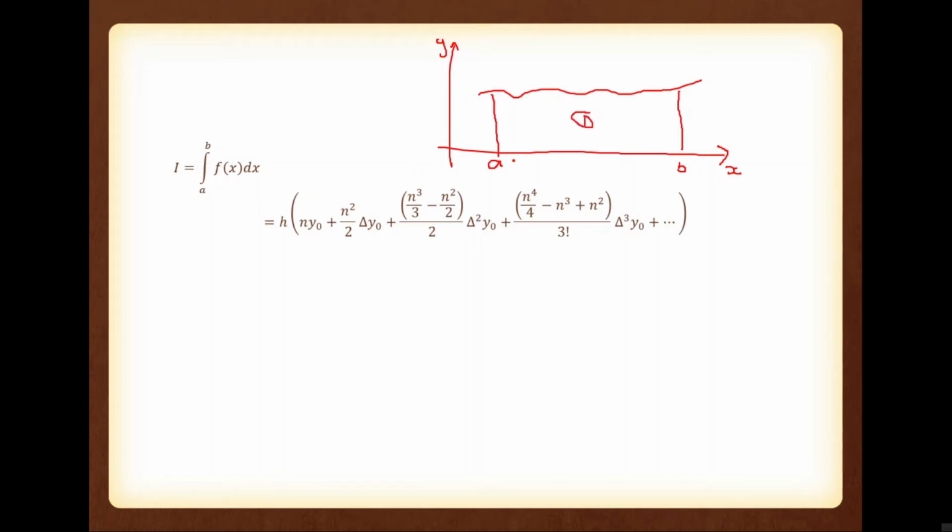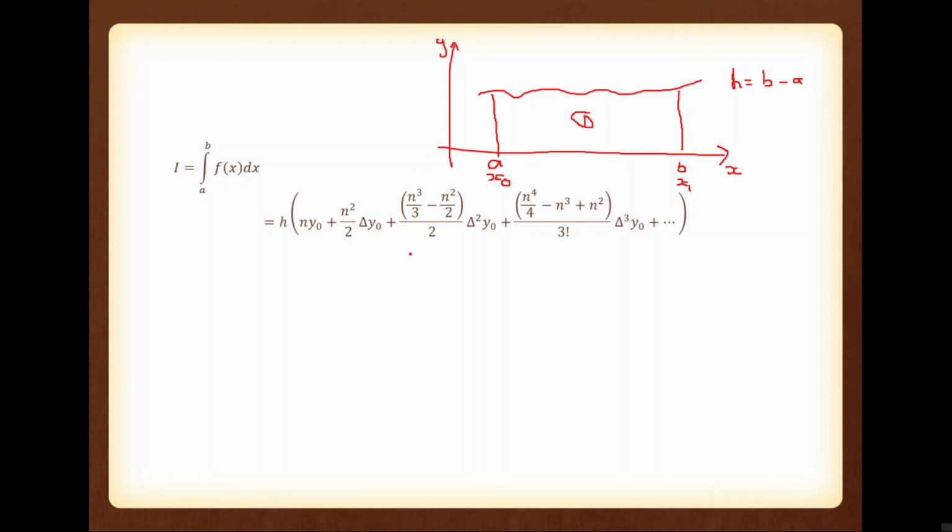So if you have only one segment, this is x0, the first point, and this is the second point x1. What is the difference between these two, or what is h? h is equal to x1 minus x0, that is also equal to b minus a. So we are assuming we have only two data points, the starting point and the last point. We are not going to divide the given integral region further. We have only one segment.